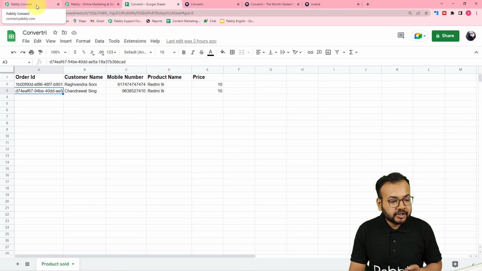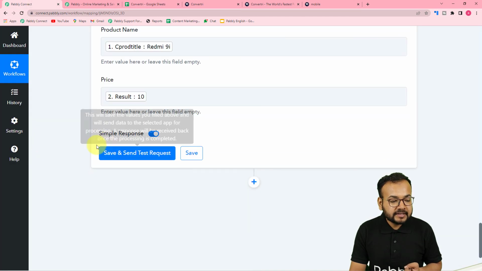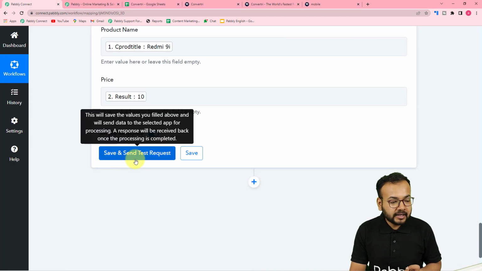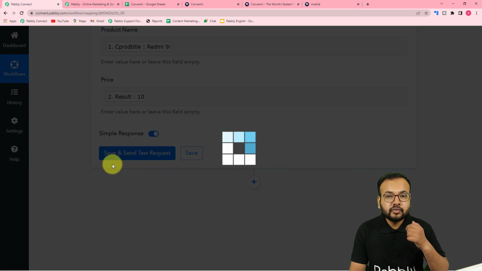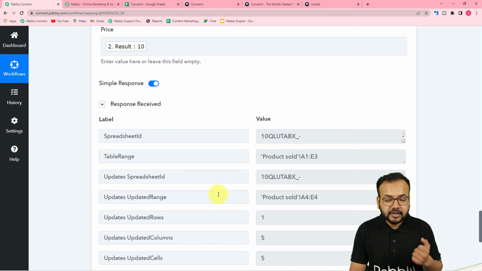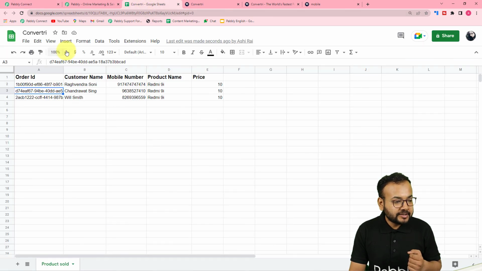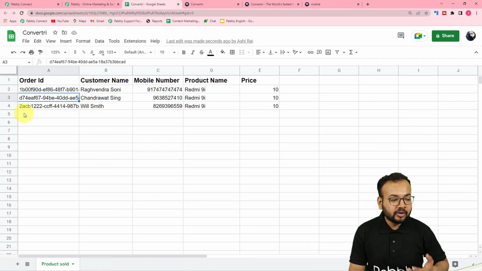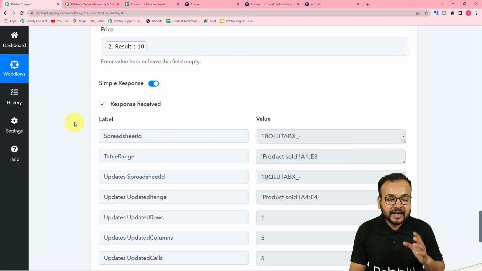So you can check your connection with the spreadsheet by clicking on save and send test request. So I'm clicking here and you will see a new row added in your spreadsheet. So this is the response it is showing here. Let's check in the spreadsheet if we got a new row. And here you can see we got a new row added here in the spreadsheet with the same data that we have mapped. The name of the customer is Will Smith, the product name, the price. Okay, so this is how it is going to work in real time, guys,